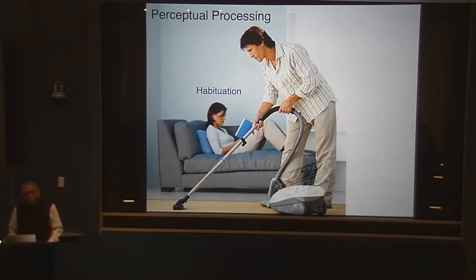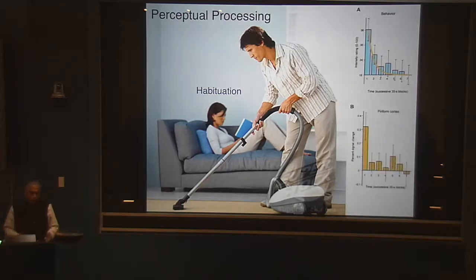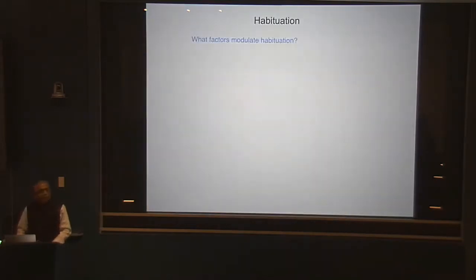And one reason, or the likely reason, is habituation. After that initial annoyance, she has probably habituated to the sound of the vacuum cleaner. Habituation is a very well-known phenomenon, of course, both in behavior and in neural responses. Your response to a sustained stimulus declines steadily with time. Now, why are we interested in habituation? Because in thinking about the factors that modulate habituation, one of the big ones is predictability.